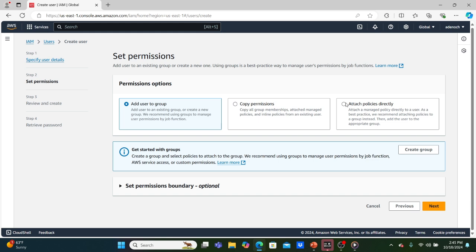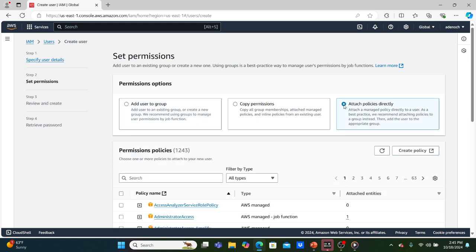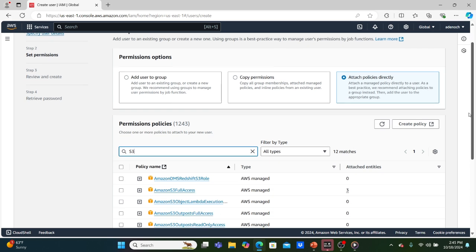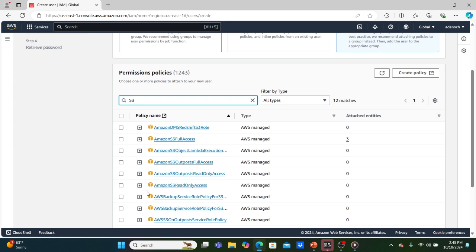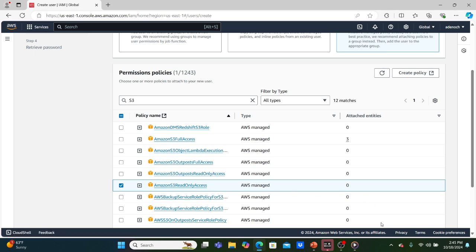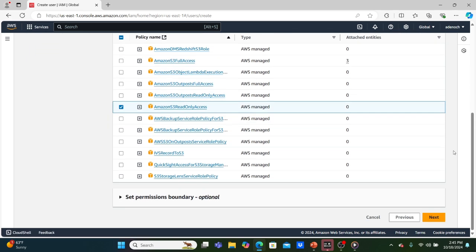Let us attach a policy to this user, and you can just attach any policy. Let me just attach an S3 get object or read only, S3 read only access. Let's do S3 read only access. And let's click next,